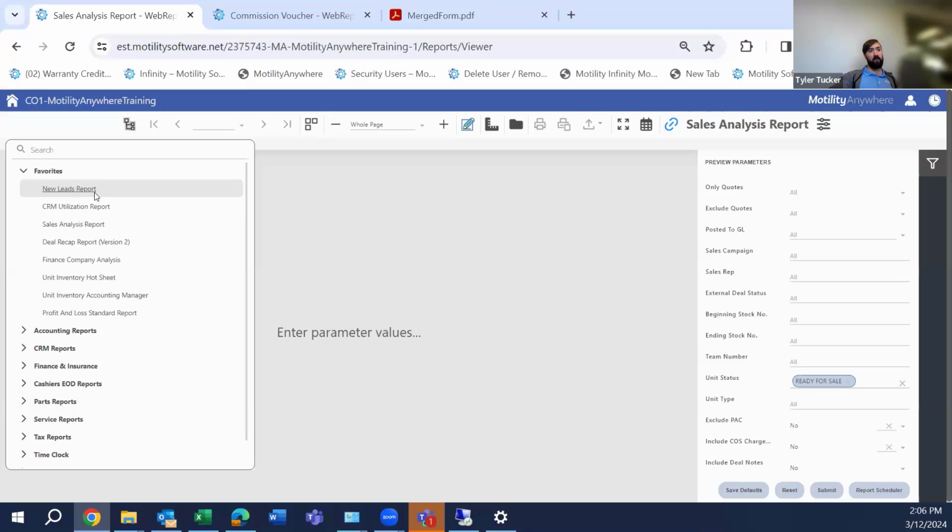The new lead report is really good for identifying any new leads that come into the system. CRM utilization is actually keying you in on what people are doing in the CRM, so that way you can understand better if they're actually utilizing it and if they're not. Sales analysis is like my bread and butter for the finance department because it literally gives you an entire analysis of the different sales based off the date ranges and presets that you put in there, try and run it